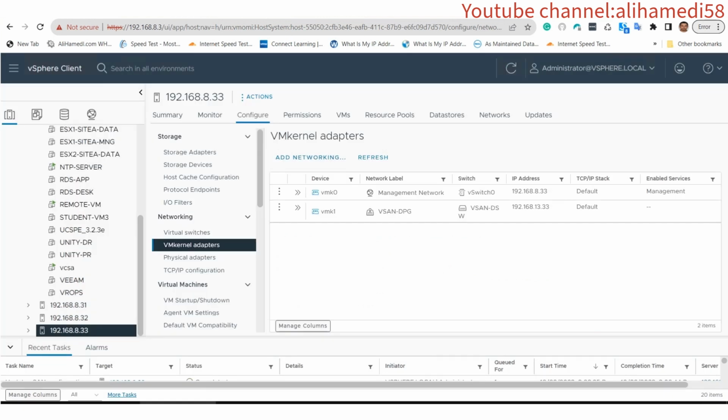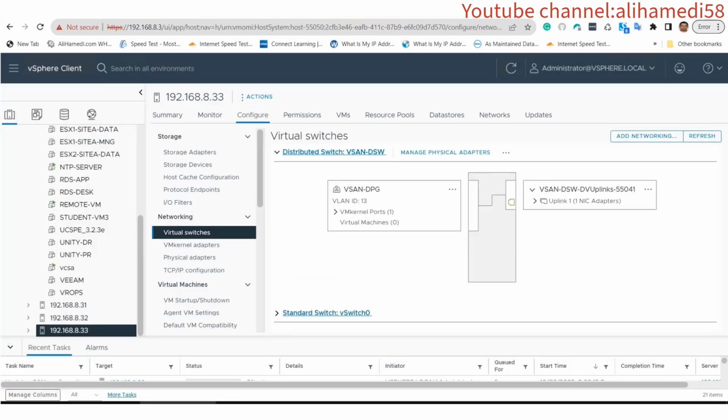Okay. Now we can see that the requirement to configure the VM kernel network on each host is completed,